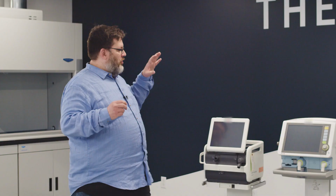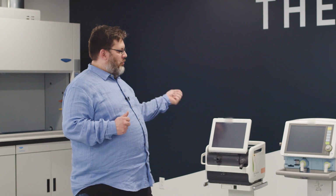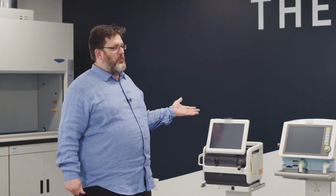What sort of instructions are there? Do they have the breathing circuits you need with them? Do you have all the accessories you need in the box or with the box, ready to go? When you take it out and you turn it on, does it work? Obviously these do, they came from the vendor, but